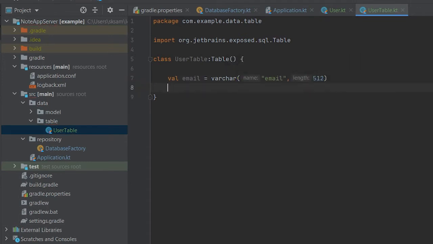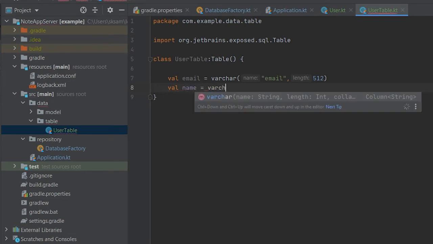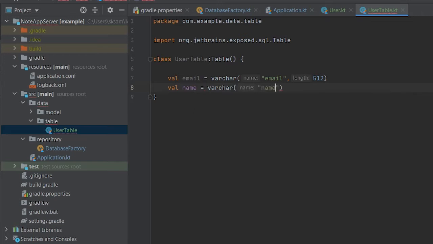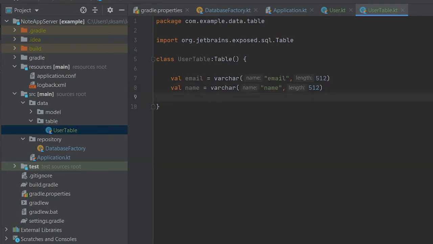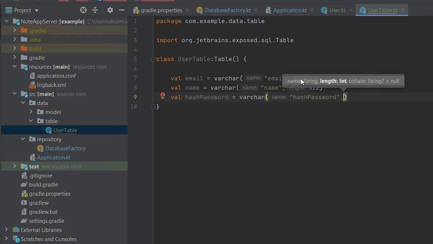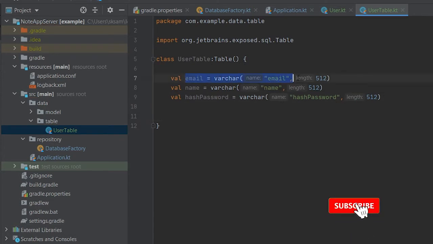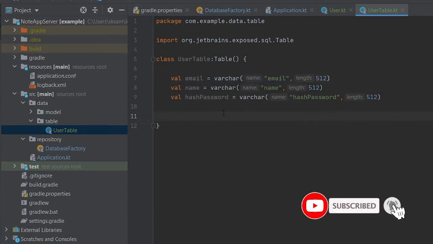Then there is a column for name. It can also be of length 512, and there is a column for hash password, and it can also be of length 512. Now to make this email our primary key, we have to override the primaryKey variable from this Table class.